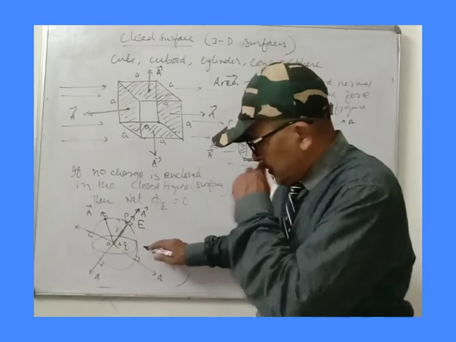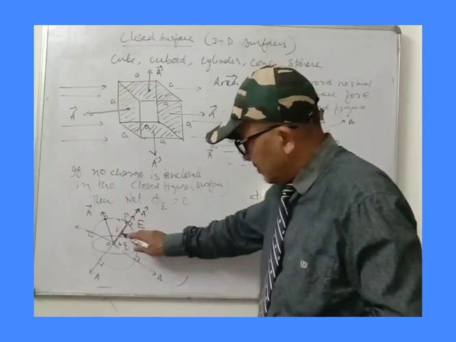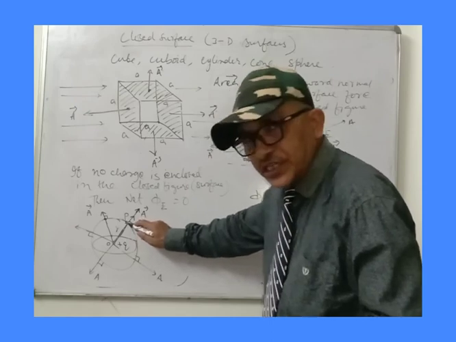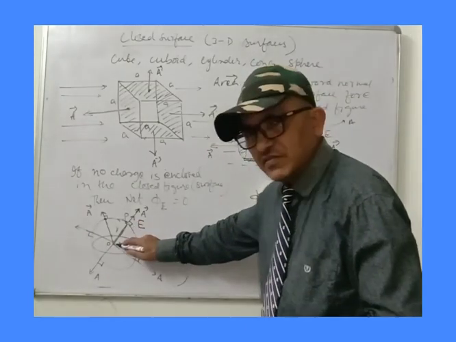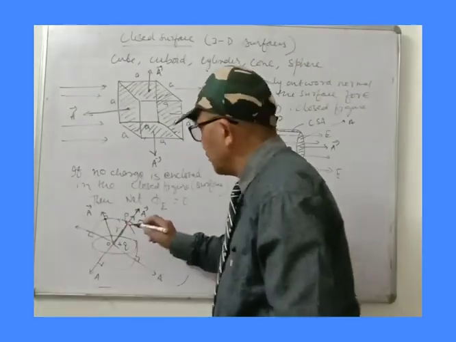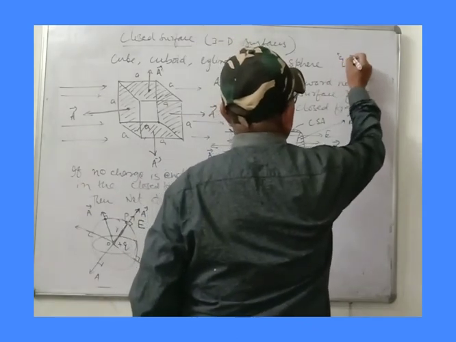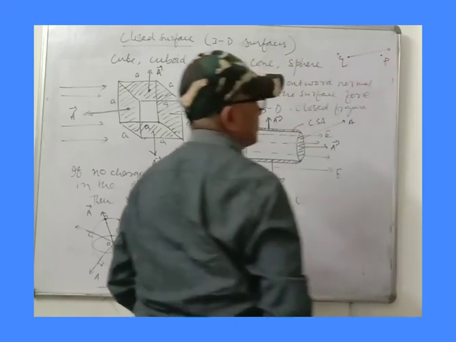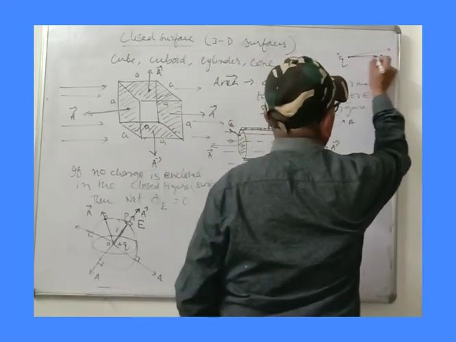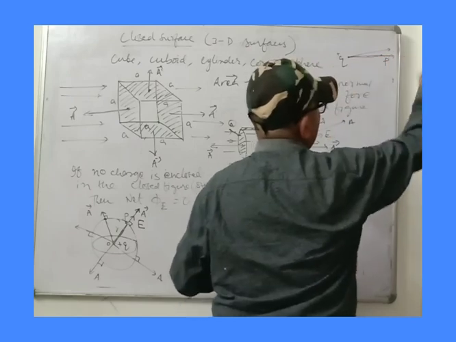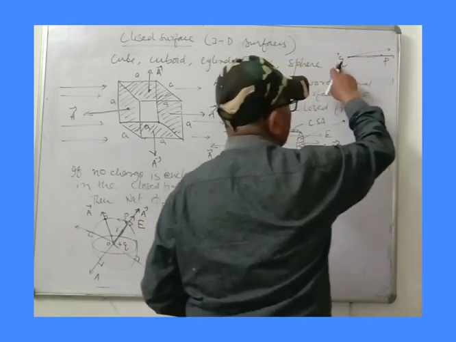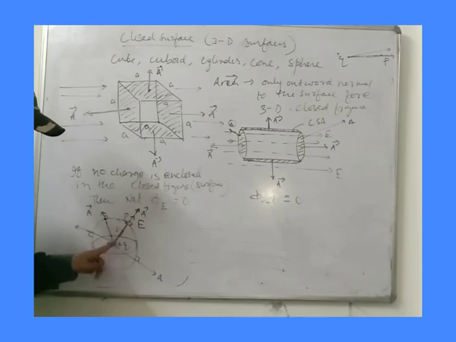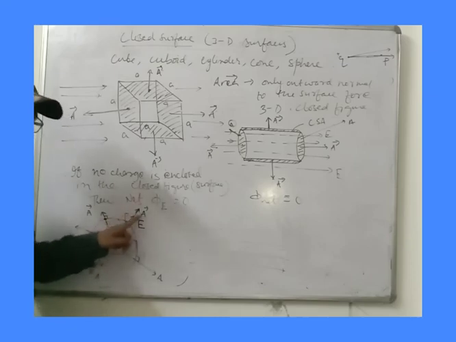And along the line joining the point with the charge. Not like this. Plus Q is this plus Q. This is the point P. Electric field will not be like this. Along the line, either this way or this way. It will be positive this way, it will be negative this way. Along the line. So this is also along the line. So electric field will be along the area vector.